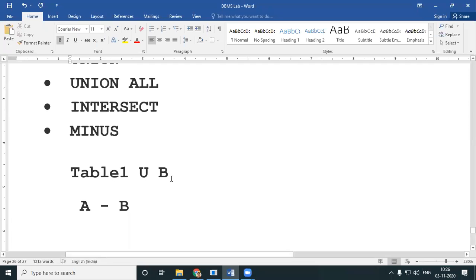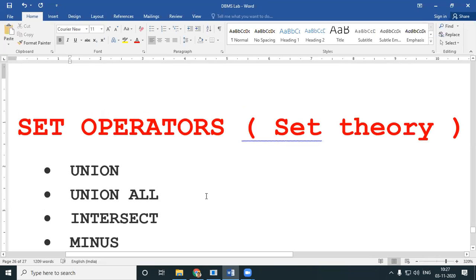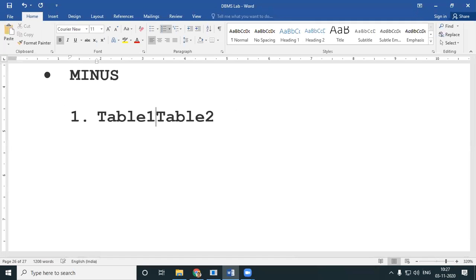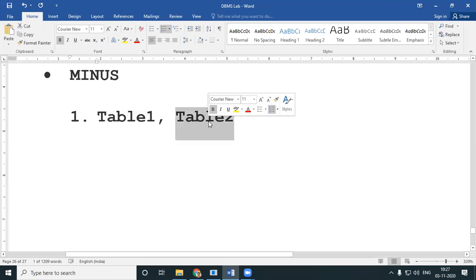Let's say table 1 union table 2, similarly table 1 intersect table 2, table 1 minus table 2, and so on. So for set operators to work, the first thing you need is at least two tables, a table 1 and a table 2.